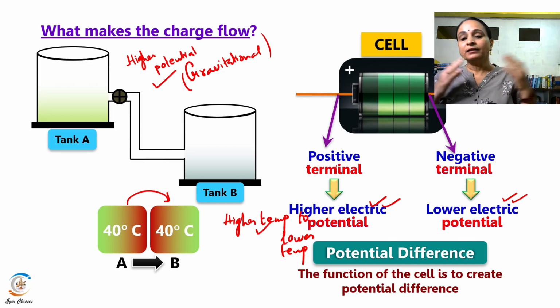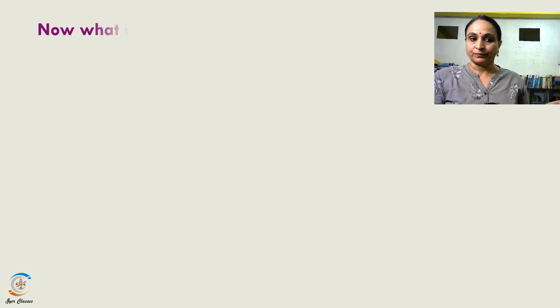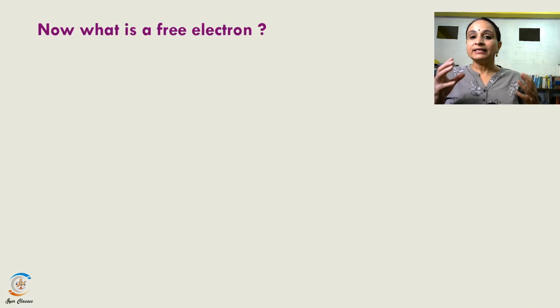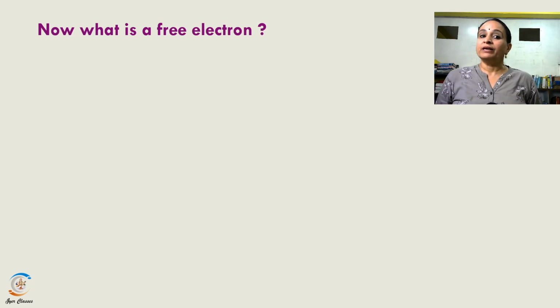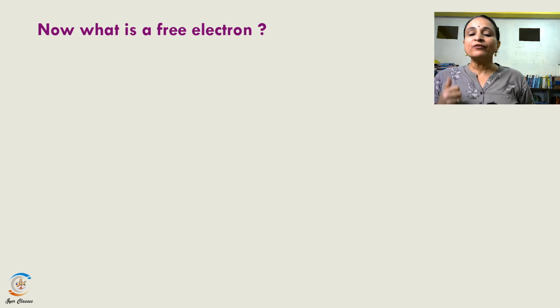It is to create the potential difference between the 2 points in a circuit. Now, to understand the flow of the circuits, we will teach you what you understand by the free electron. What is a free electron? Now, in the case of a conductor,